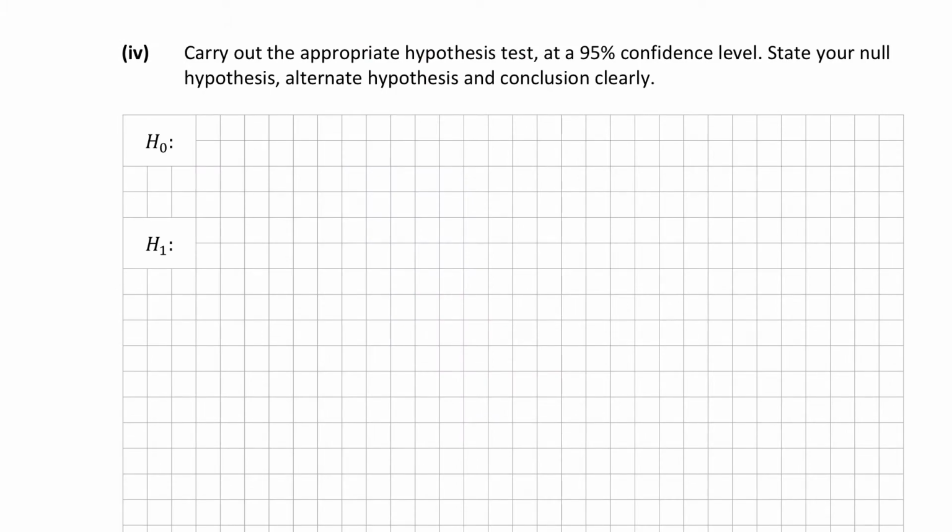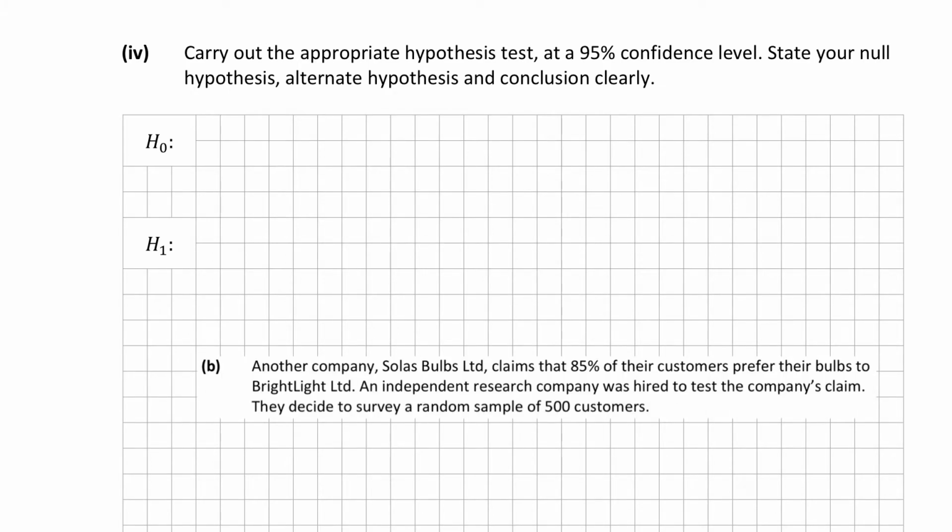Okay, so part 4. Carry out an appropriate hypothesis test at a 95% confidence level. State your null hypothesis, alternative hypothesis, and your conclusion clearly. Okay, so the null hypothesis is obviously the claim that we have. The claim was in part B of that question. It said it in the very start of this question. It said that another company, Solus Limited, claims that 85% of their customers prefer their bulbs to Bright Limited. So the claim there, or the null hypothesis, is that 85% prefer